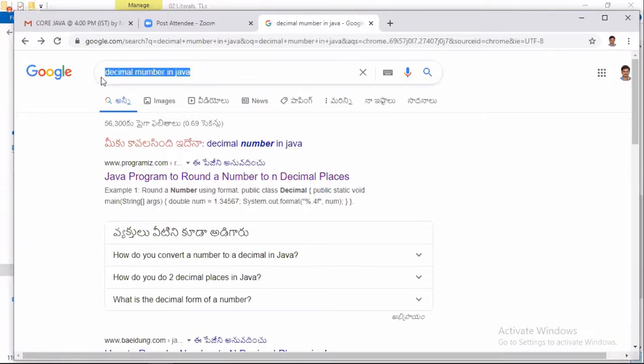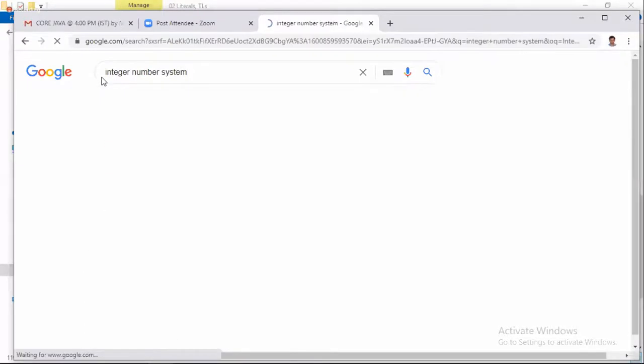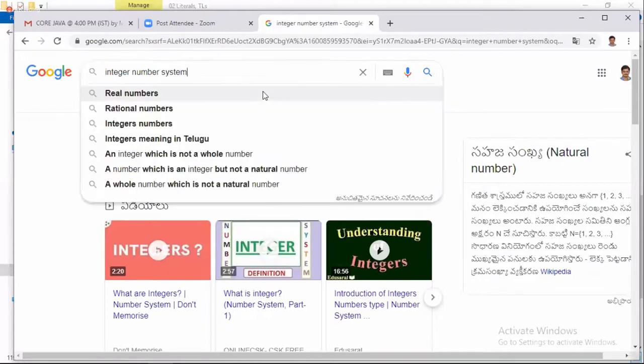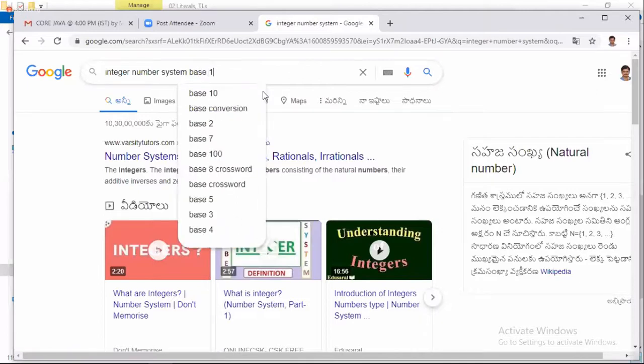Then, okay, integer number system. What do we call the integer number system? Base 10 number.